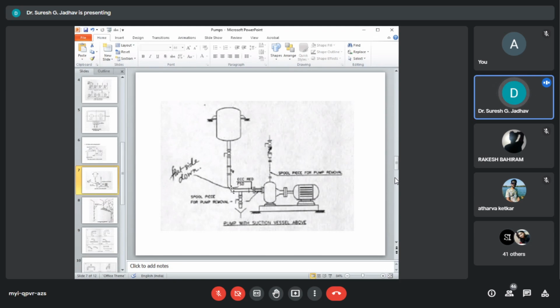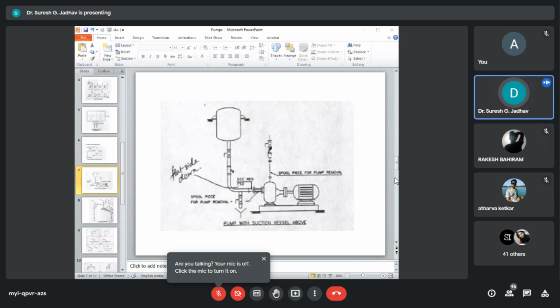The thermal expansion requirement should be taken care of in such a way that the pump nozzles are not loaded. The suction as well as the discharge piping shall be supported adequately so as not to impose excess forces and moments due to dead weight and pipe expansion.